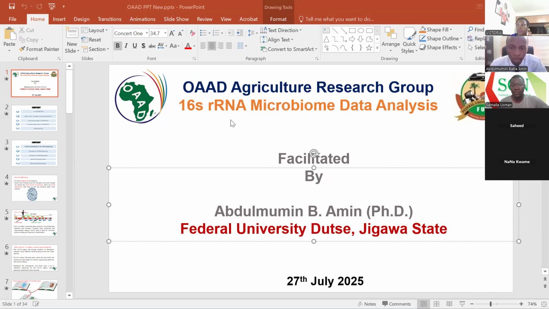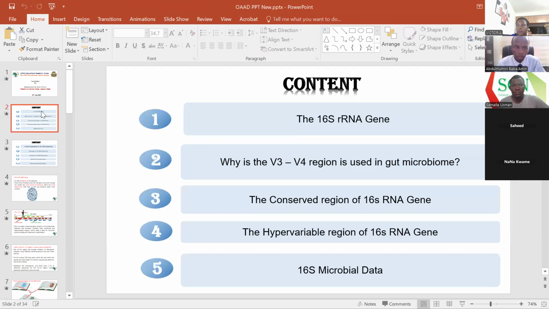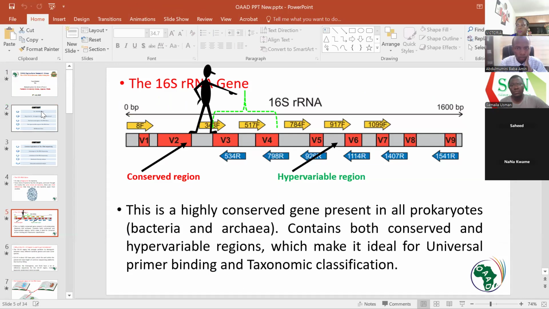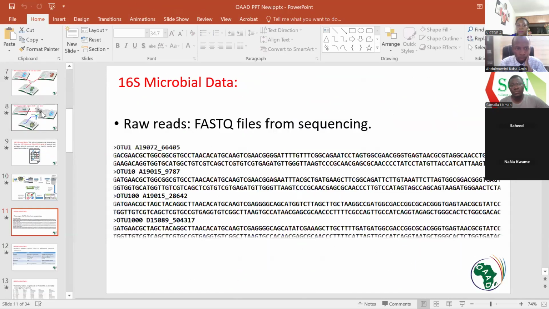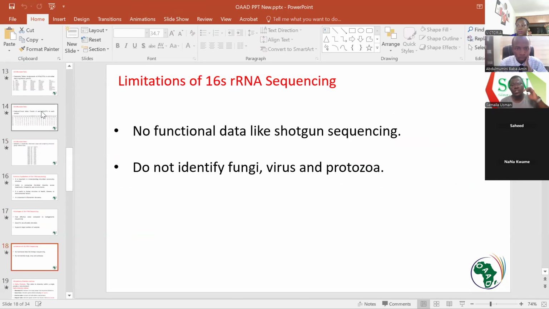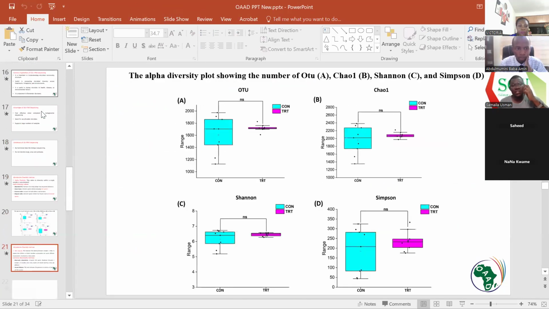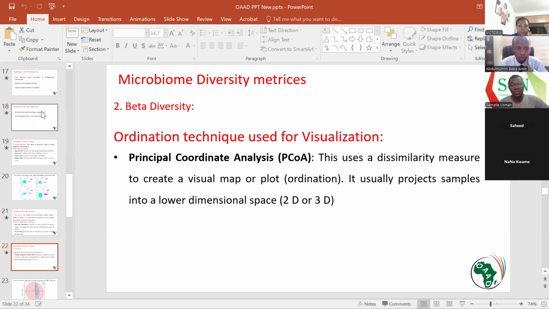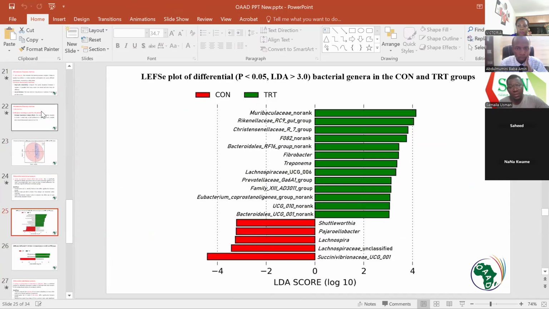On the slide, there was a slide that shows the difference where you showed the treatment and control, and one group is significantly higher in the treatment, and the other group seems to be significantly lower in the treatment. Which analysis is it? Is it the alpha diversity? No, it's towards the end. Move forward. Yeah, this one. Now, my question is, what if you have bacterial groups or classes that are kind of similar? How is that represented on the graph?